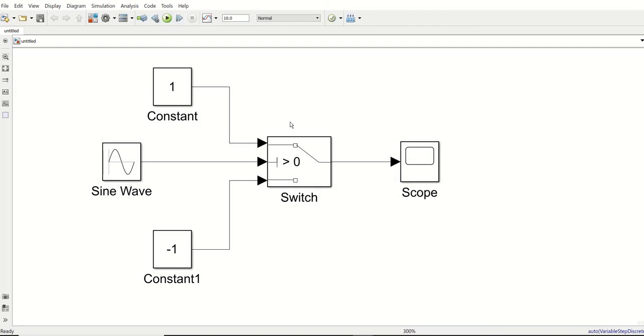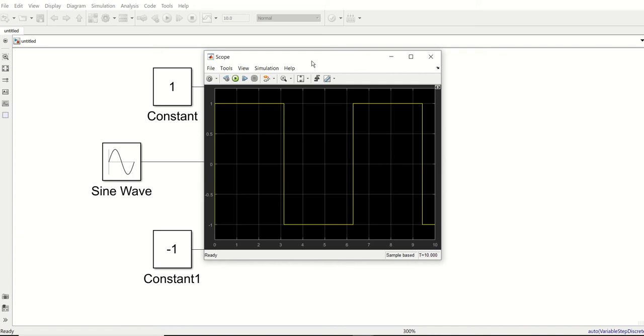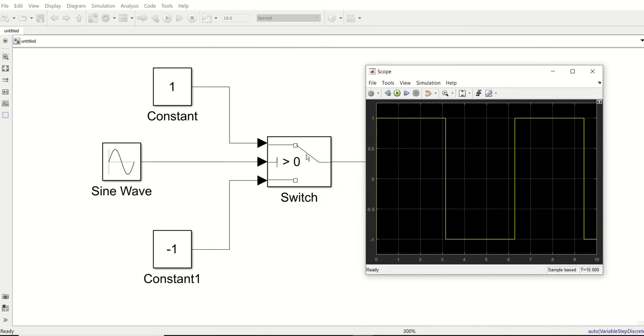So we'll just press run. We have run it and we'll see the output. As you can see, the input is a sine wave, but it has switched to +1 and -1. If you wish to change the values, you can change them. But for better viewing, we can take the sinusoidal signal and superimpose it over here.